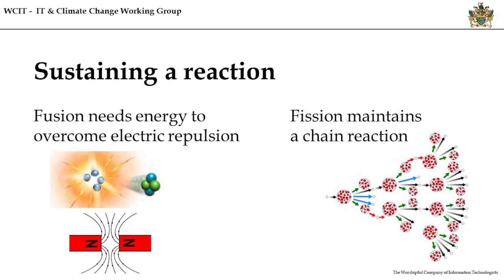And so you get this cascade effect. You get what's called a chain reaction. So from one fission of uranium, you can create a lot more. So you get this cascade effect. It's very easy to get energy out of. It's very easy to produce and maintain and continue. And so it's quite a simple process.